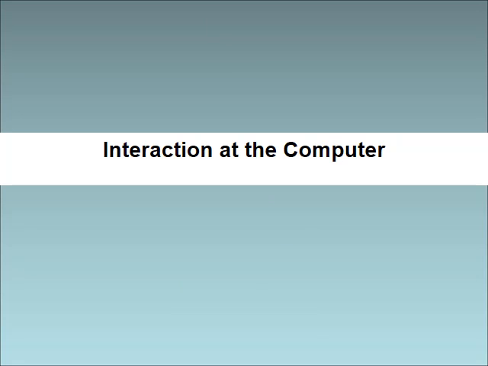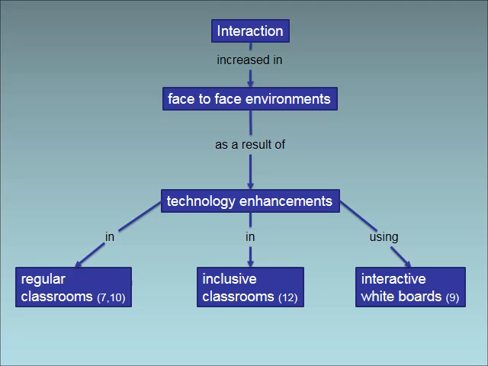Interaction at the computer. Each of the 4 studies in this category examined face-to-face interaction in a classroom with technology enhancements. Lim found interaction between peers in a regular classroom was increased in the computer area of the classroom at 68.4% compared to 53.9% in other areas. Lee, Sullivan, and Bears found students working with limited instruction had greater interaction than those working with guided instruction in